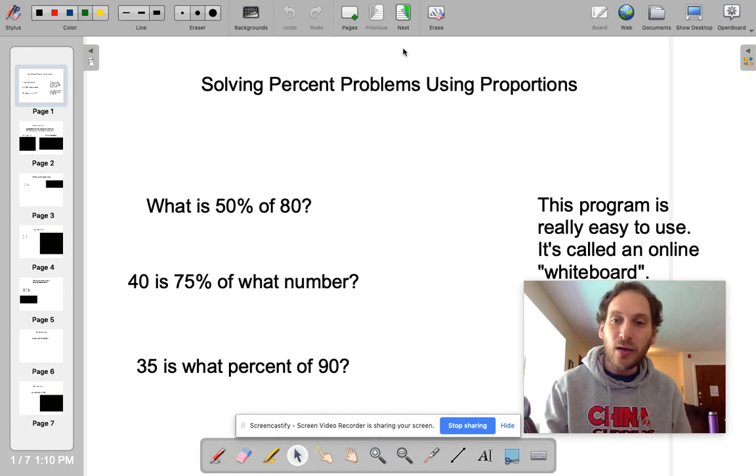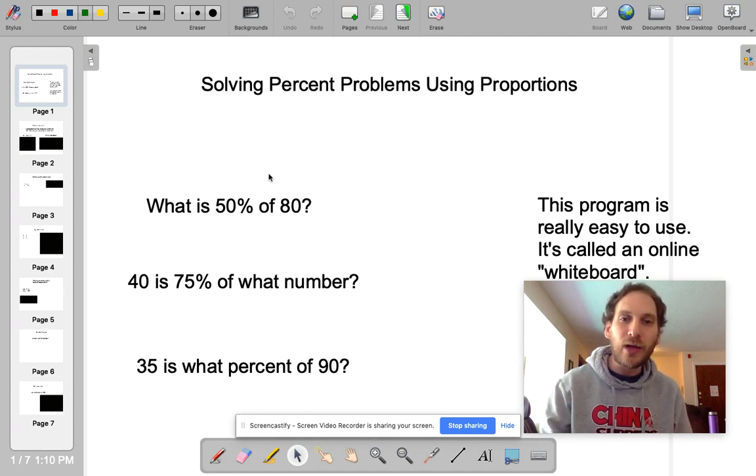However, by the end of the video, I'm hoping that you are able to solve these types of percent problems